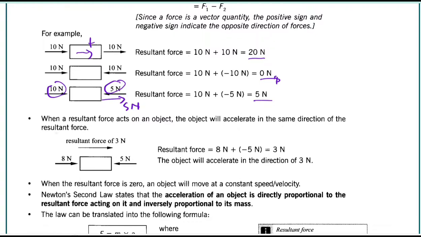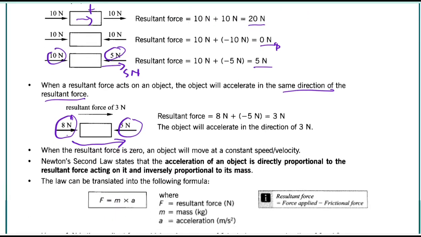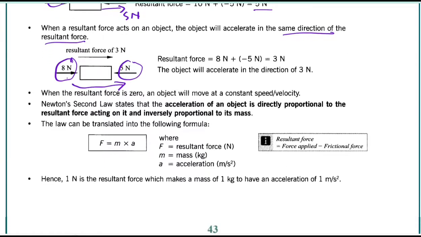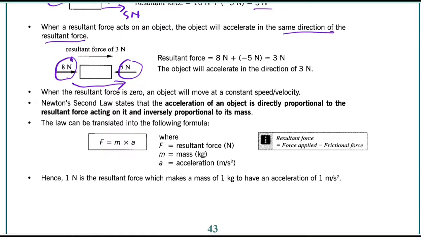the same direction as the resultant force, as I was saying earlier. Now we have 8 newtons, and we also have 5 newtons, in different directions. So we are here to find our resultant, and our resultant will be the difference between the two, which is 8 minus 5. That gives us 3. So when the resultant force is 0, then an object would not accelerate and will stay at constant speed or